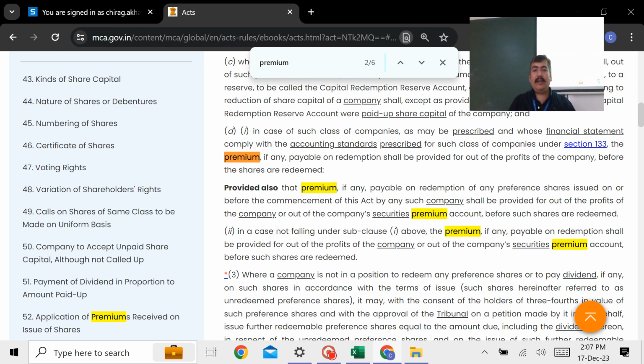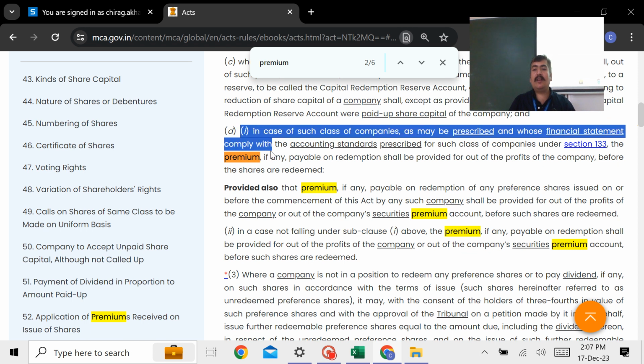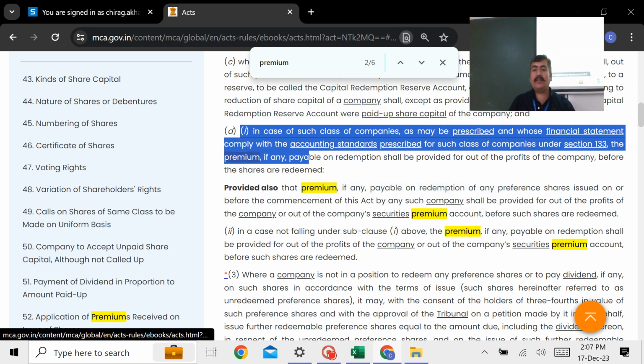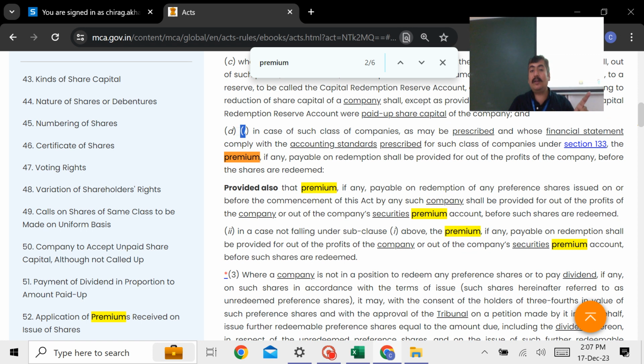In a case not falling under clause 1, that means your books of accounts need not comply with the accounting standards. If you are not falling in subsection 1, अगर आपकी कंपनी इस 1 में क्वालिफाई नहीं हो रही है, 1 में कौन सी क्वालिफाई होगी? Which need to follow 133. So you see the second clause. If you do not fall under 1, the premium, whatever is payable, shall be paid out of profits